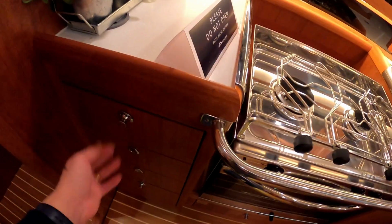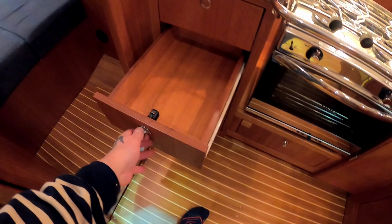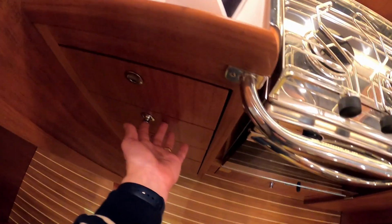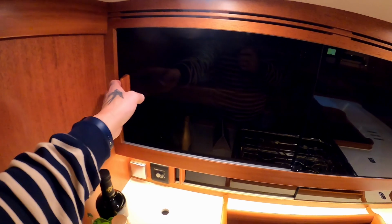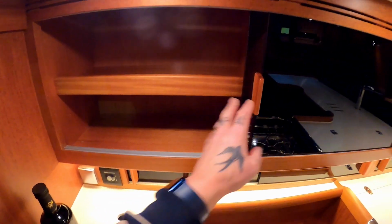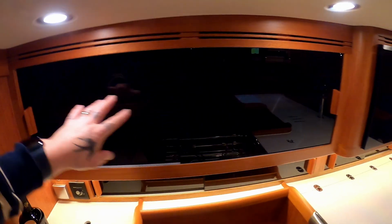and you have a wooden inlay for your cutlery. For all those that aren't interested in me opening all the drawers in the cupboards, skip forward a couple of minutes. Then for my favourite, which is something I love on boats, especially in your galley,